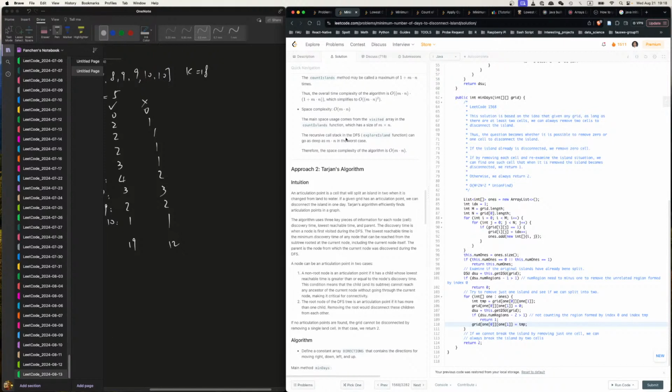Whose lowest reachable time is greater than or equal to the node's discovery time. Huh? If a child